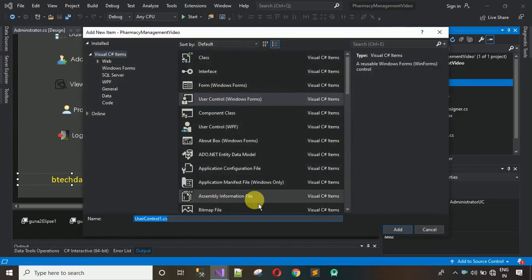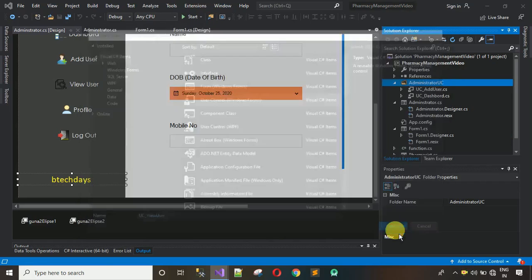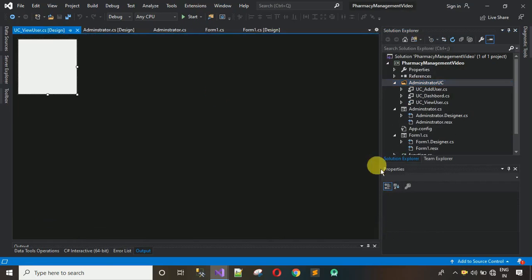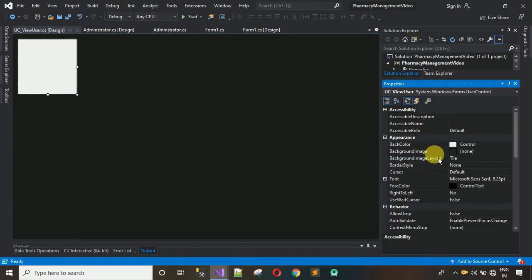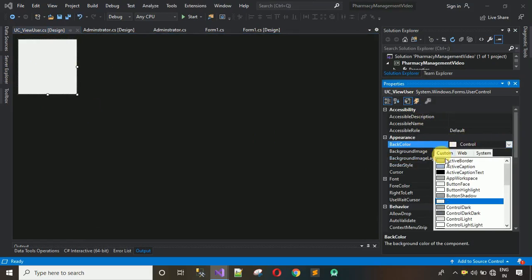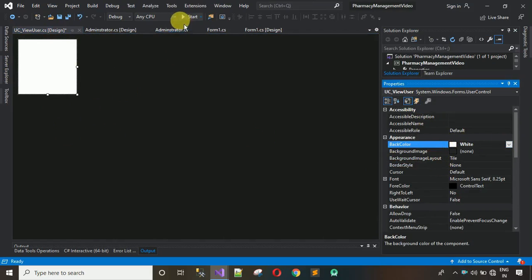After this you have to give a name to this one. So UC underscore view user and click on add, and this will add a new user control. Right click and go to properties. Let me maximize these. After this, change the back color to white and let me copy the size of this